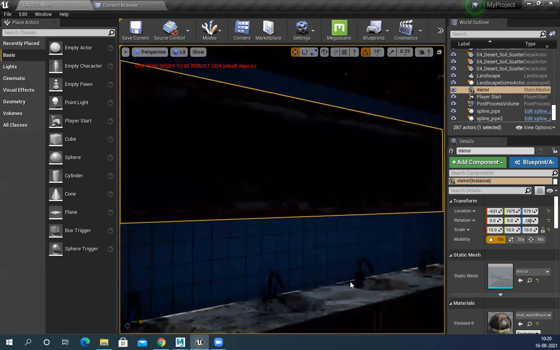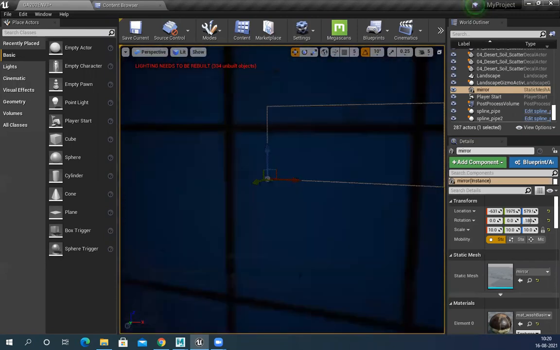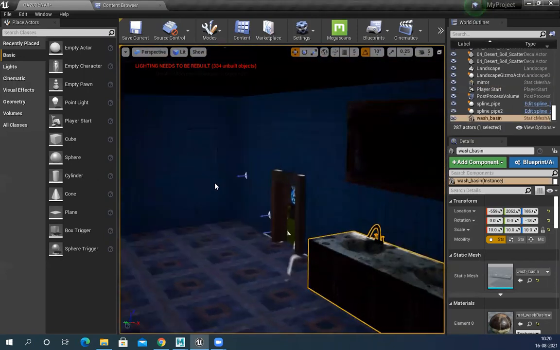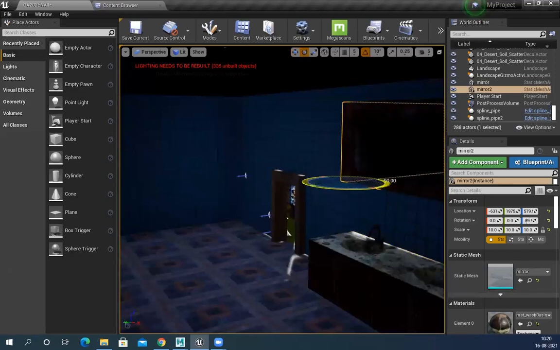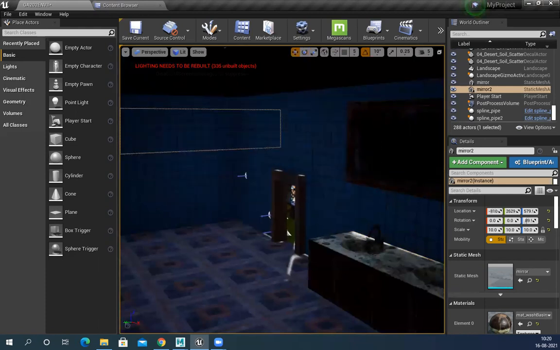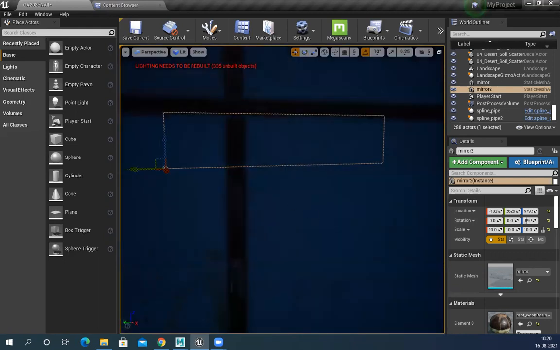Okay, so now I have placed this one here. I want to place the same mirror on this side also, just to make it a little interesting. Alt and rotate 90 degrees. So you can see if your pivot point is in the correct place, it becomes very easy.